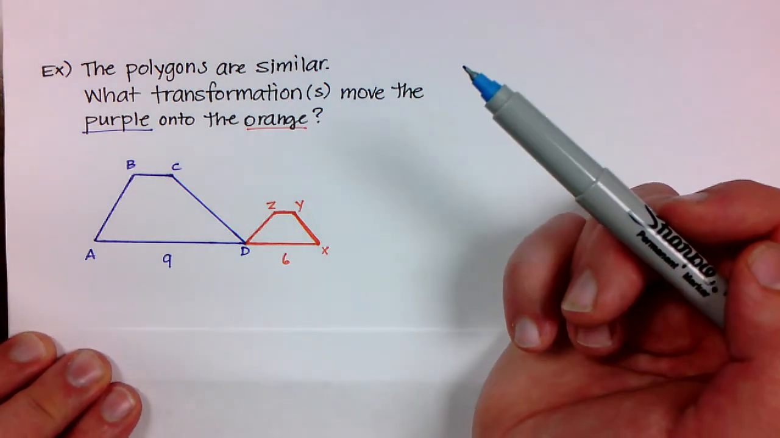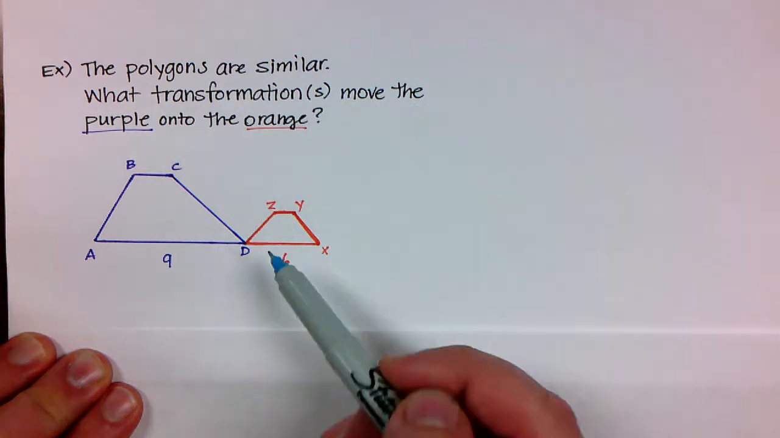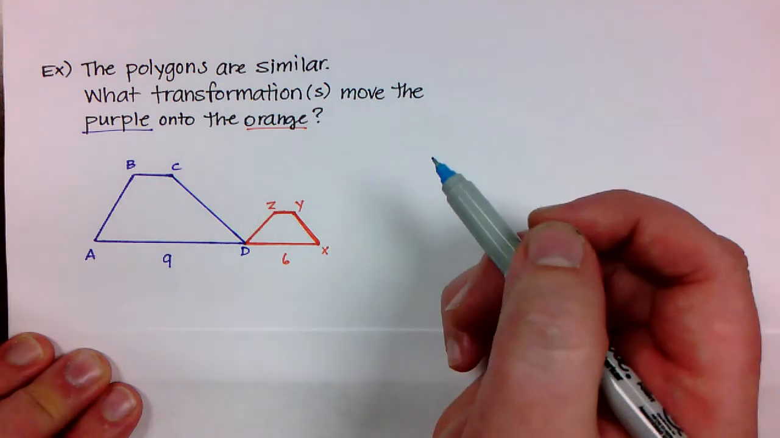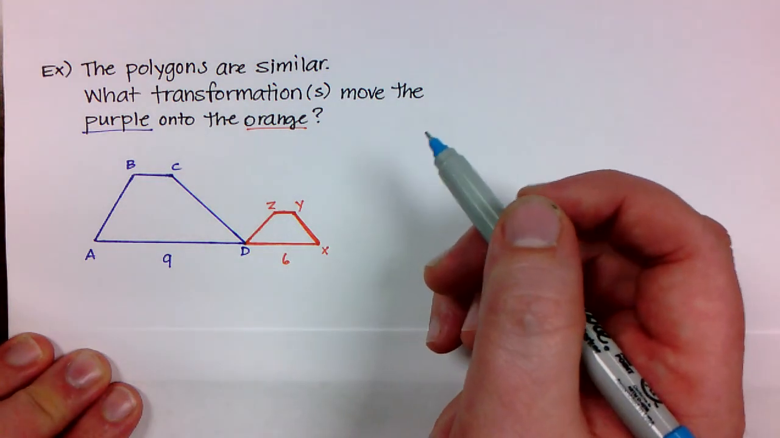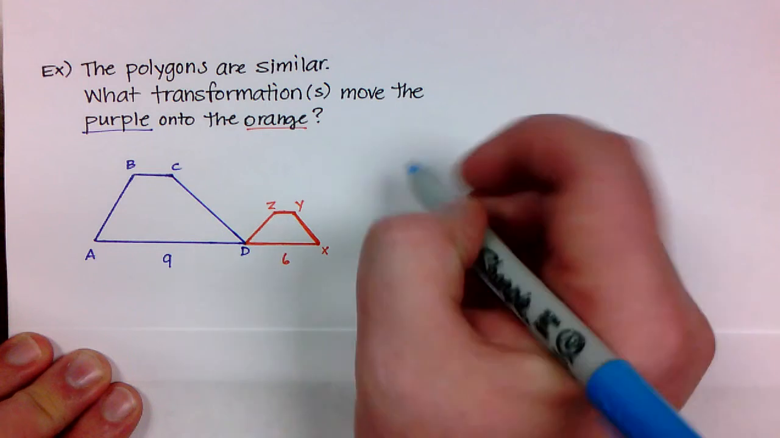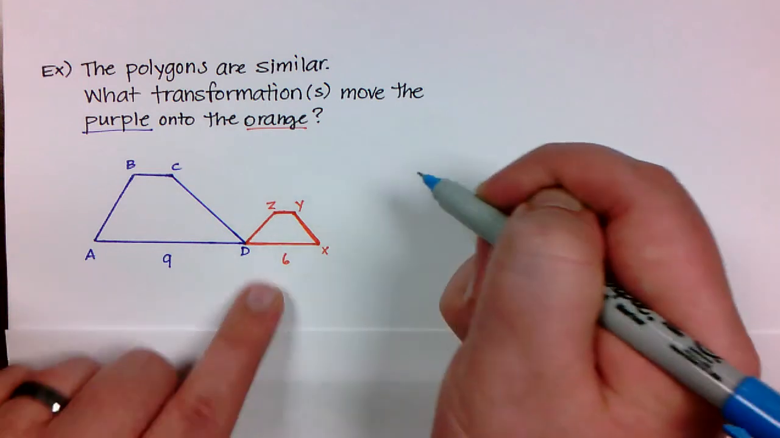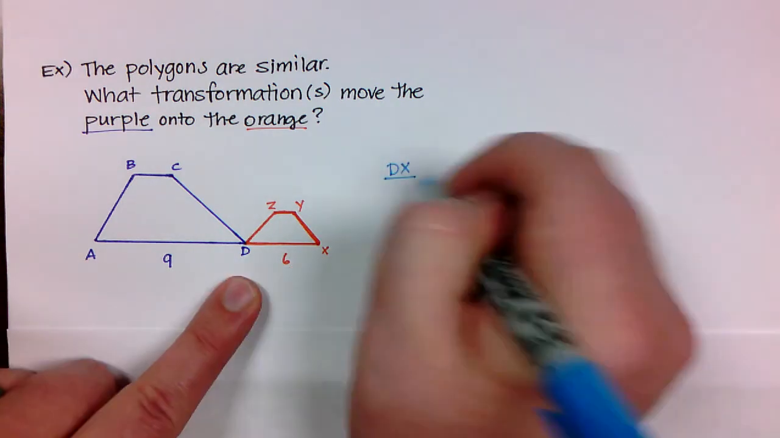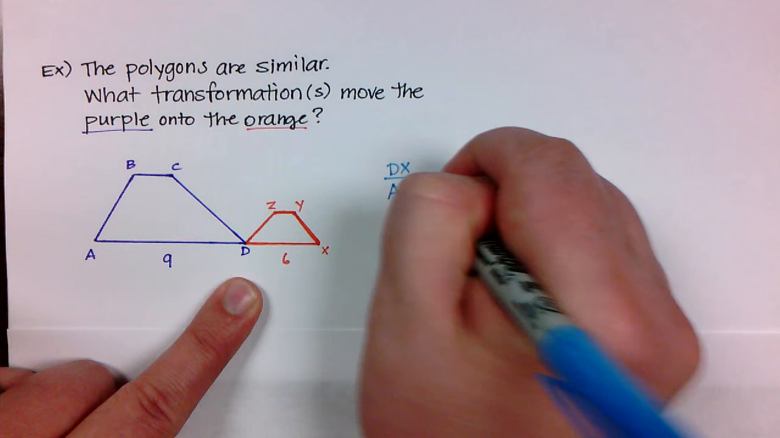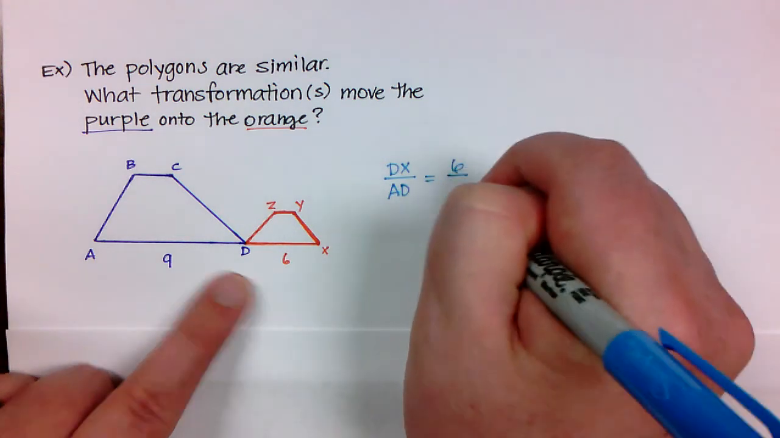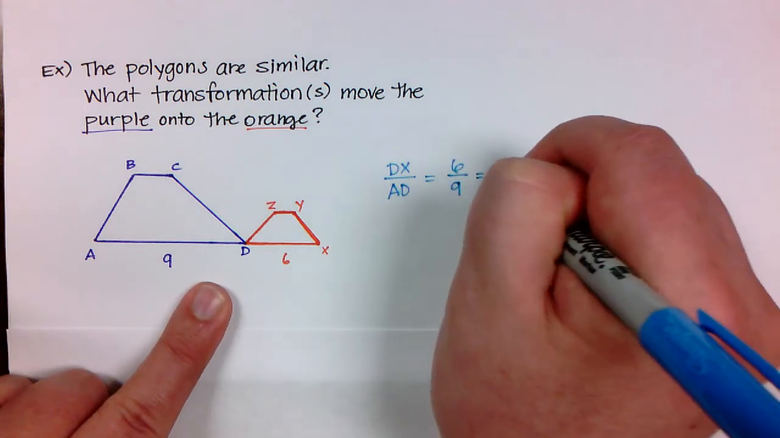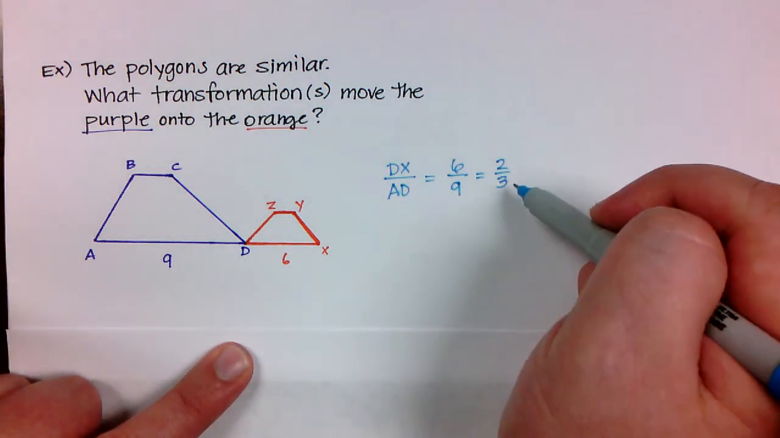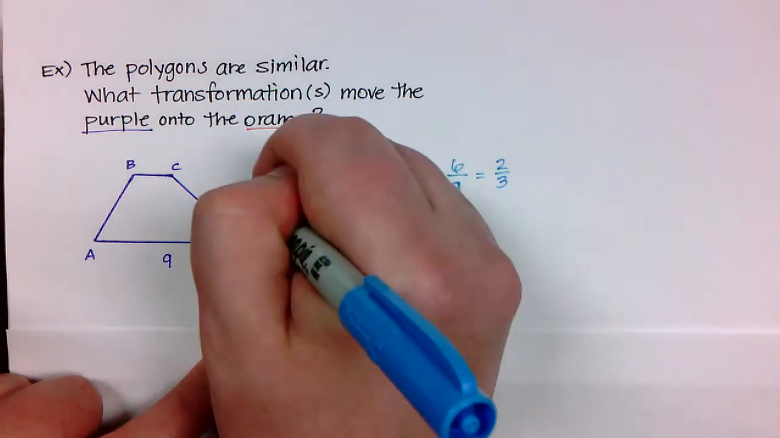But there's no center this time, if you can tell, because the two shapes are not overlapping. So I'm not going to include a center. But let's go ahead and find the scale factor, because it is changing. So let's start with the new one. This time it's going to be DX, one of the sides that I know, compared to AD, the old base. So DX is 6, AD is 9, and that simplifies to 2/3. Okay, so it's a dilation with a scale factor of 2/3, and also